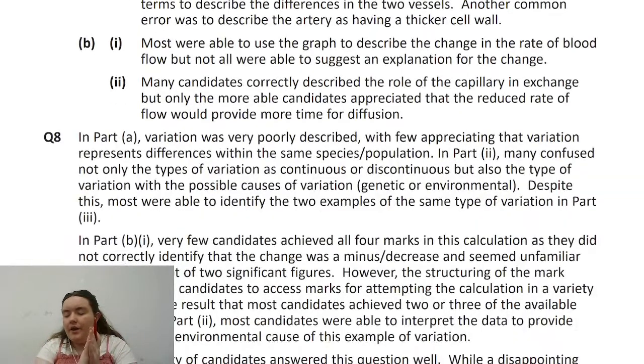Okay, so question 8 in the examiner's report. Part A, the variation was very poorly described, with few appreciating that variation represents differences within the same species of a population. In part 2, many were confused not only by types of variation as continuous or discontinuous, but as the type of variation with the possibilities of causes of variation, whether or not it's genetic or environmental. So,